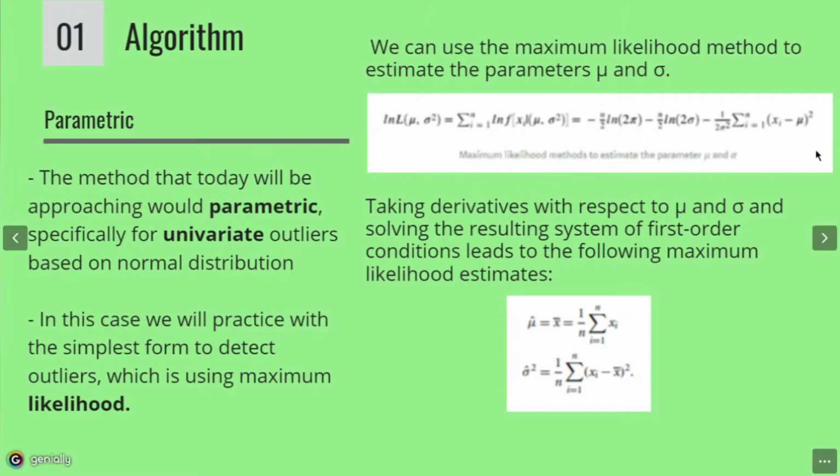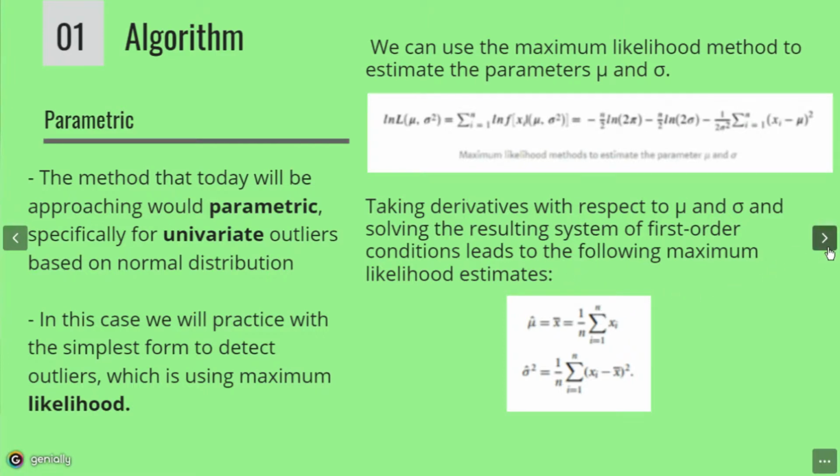Now, taking derivatives with respect to mu and sigma and solving the resulting system of first order conditions leads to the following maximum likelihood estimates, which we can see. Here we can see the two formulas corresponding to mu and sigma, which are related to the maximum likelihood method. After that, we have to take into account the following rule that says that the region